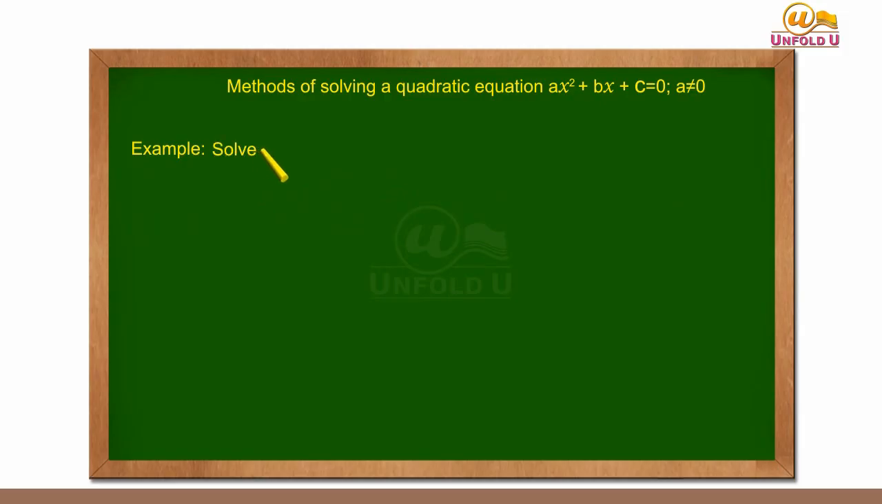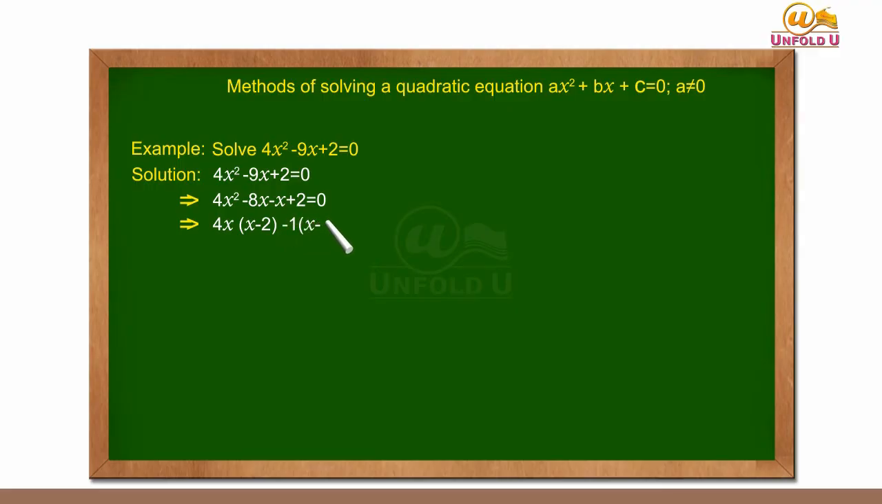Example: solve 4x² − 9x + 2 = 0. Solution: 4x² − 9x + 2 = 0, which implies 4x² − 8x − x + 2 = 0, which implies 4x(x − 2) − 1(x − 2) = 0, which implies (4x − 1)(x − 2) = 0, which implies either 4x − 1 = 0